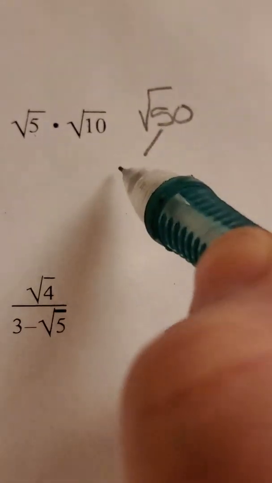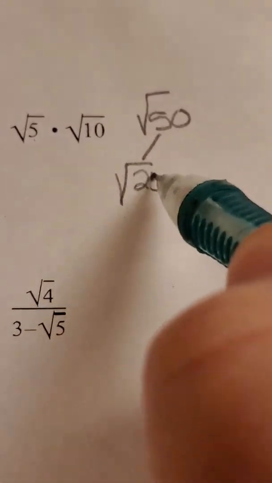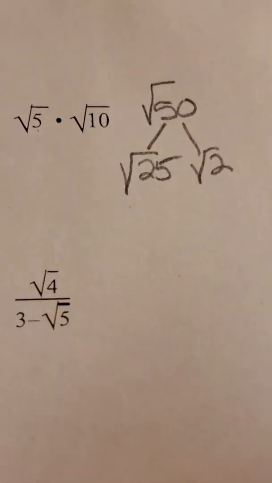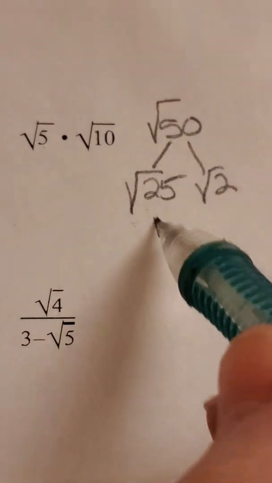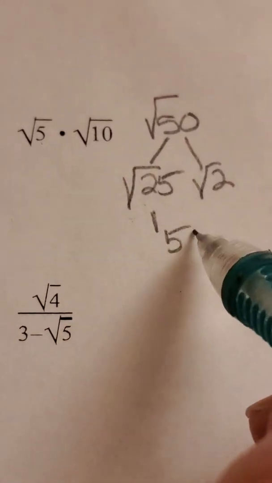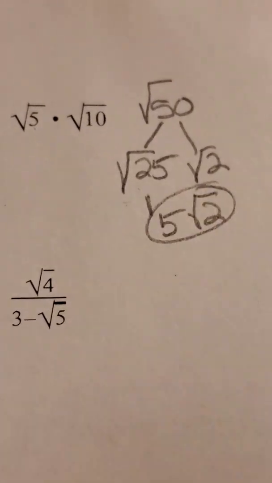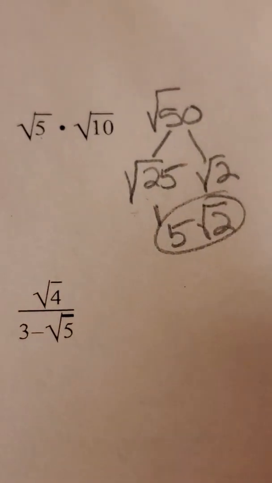Okay, on this one, we take 5 times 10 is the square root of 50. And 50 can break down into the square root of 25 and the square root of 2. Square root of 25 is 5, and square root of 2 stays as it is, square root of 2. Okay, now if you did the pairs and squares here,